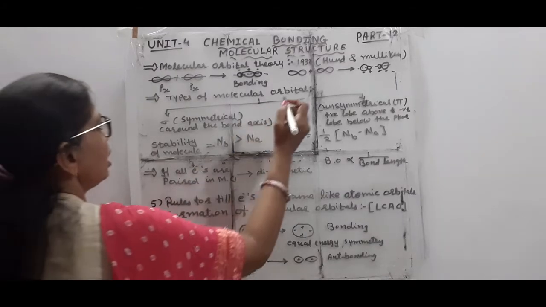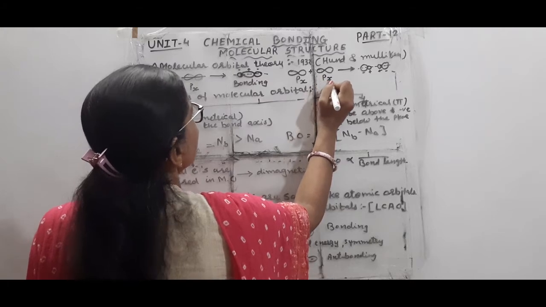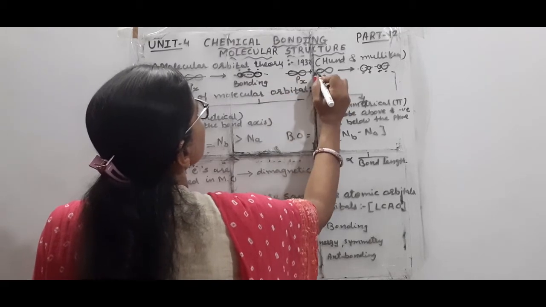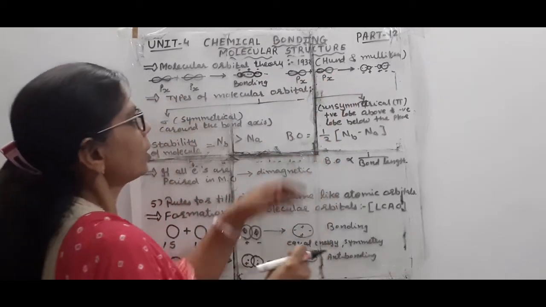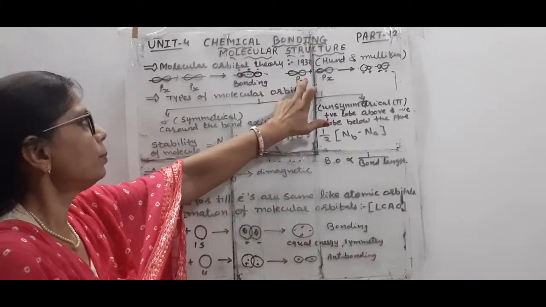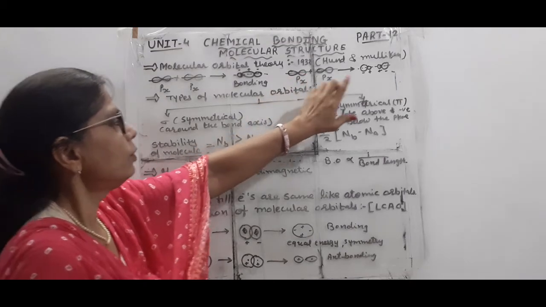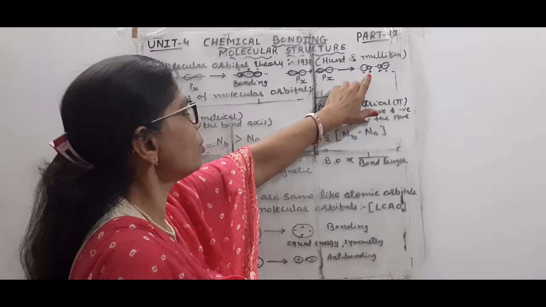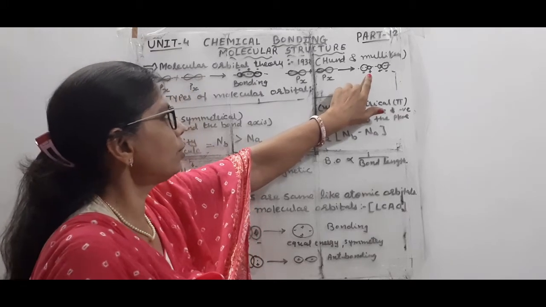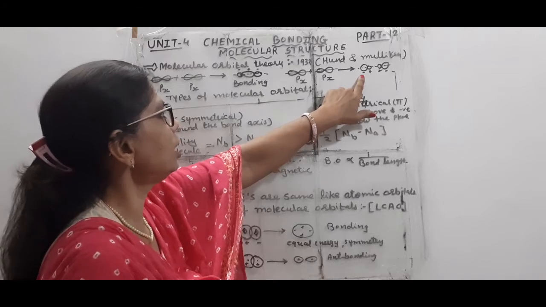And the same way, if the antibonding takes place for this px orbital, then both the px orbitals, the bonding and antibonding, or both the molecular orbitals will be separated out. So this small size molecular orbital is plus, and the bigger size is the negative sign.